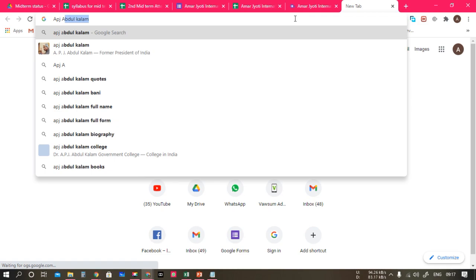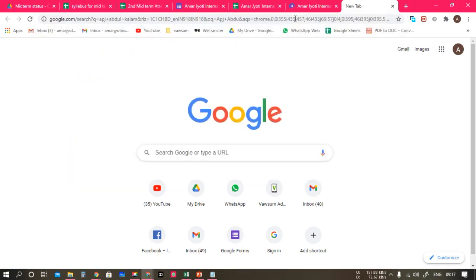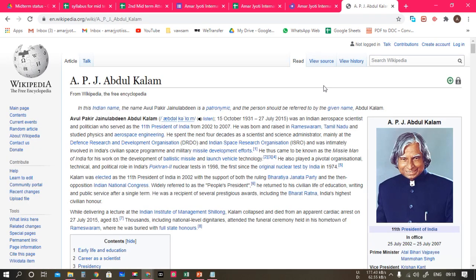APJ Abdul Kalam. Okay, now see here. This is the page.